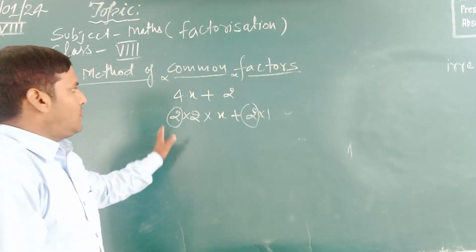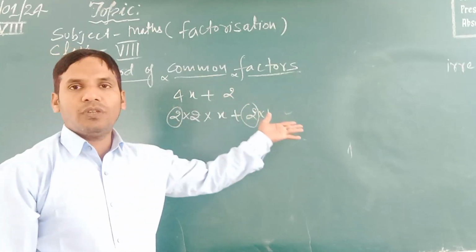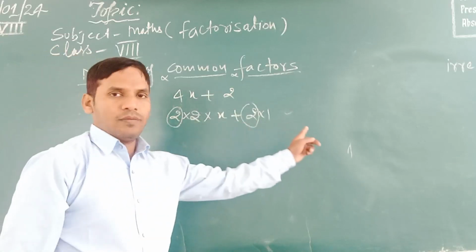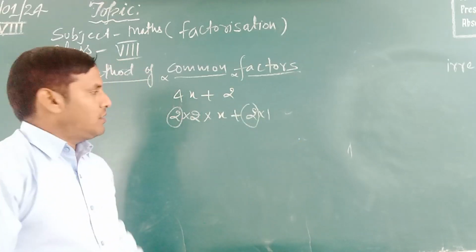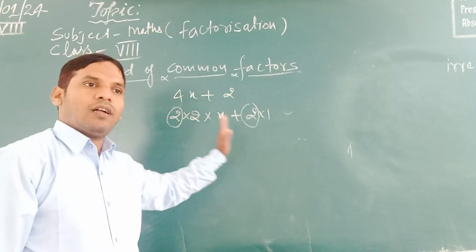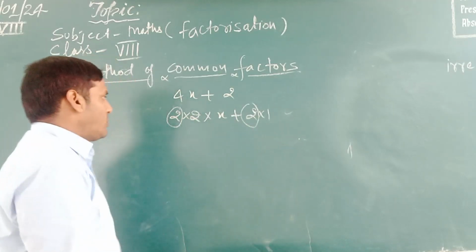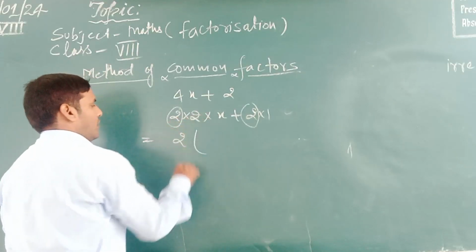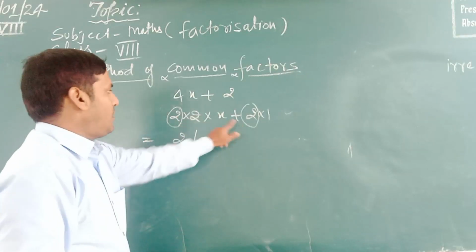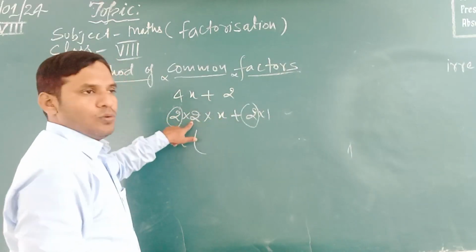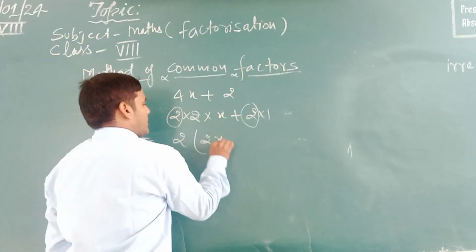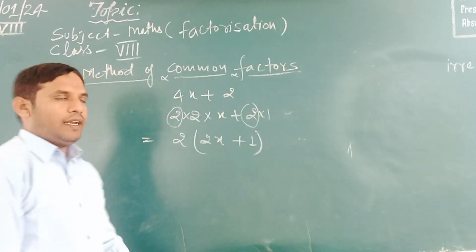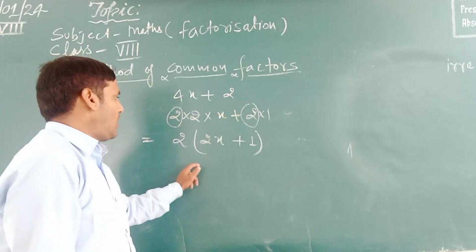If it is 2 terms, or more than 2 terms, 3 terms, 4 terms, first you should check what is common in all the terms. If any number is common in all the terms, we should take it common from the given terms. For example, 2 is here. If we take 2 as a common, what will be the remaining part? Here 2 will remain and x. After taking 2 common, 1 will be there. We can write 2 into x plus 1 as the factor form of 4x plus 2. You can factorize like this.